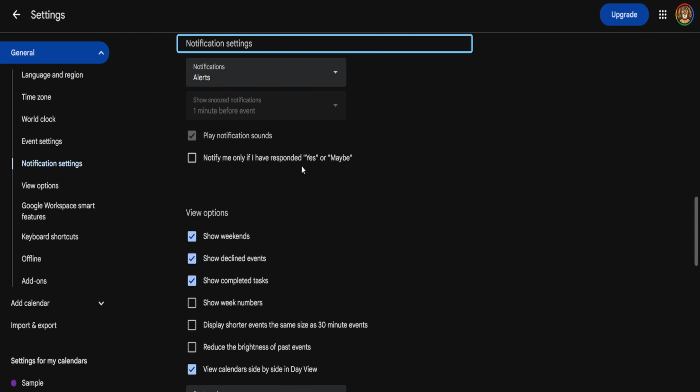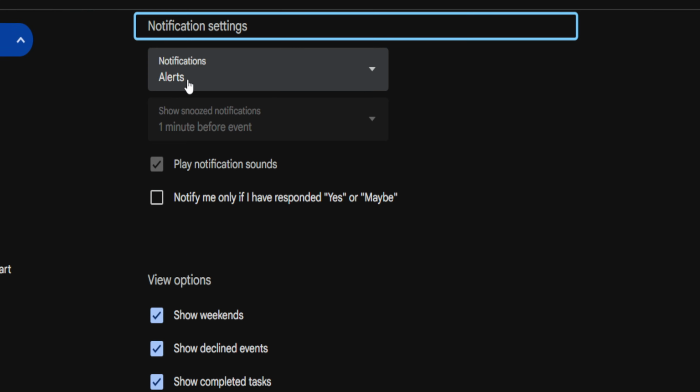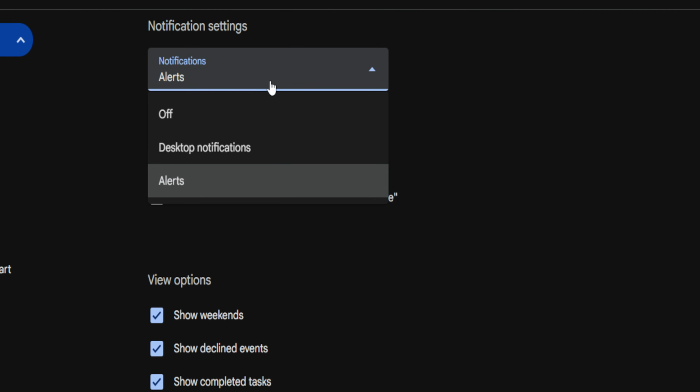Now that you're in Notification Settings, you'll see the available options for alerts. Depending on your current setup, Google Calendar may be configured to show browser notifications, interruptive alerts, or other notification styles. Use the drop-down menu in this section to turn notifications off completely, or switch them to a style that feels